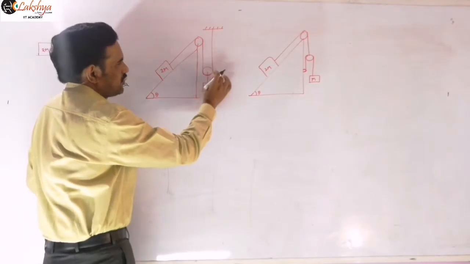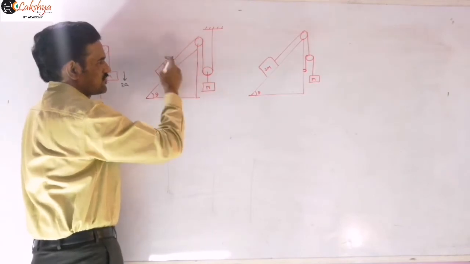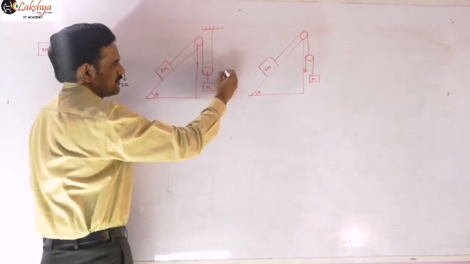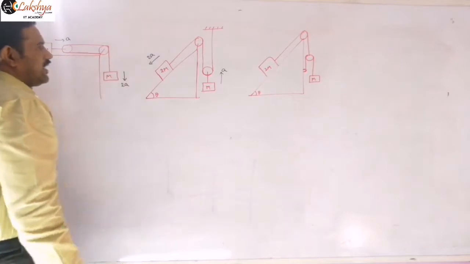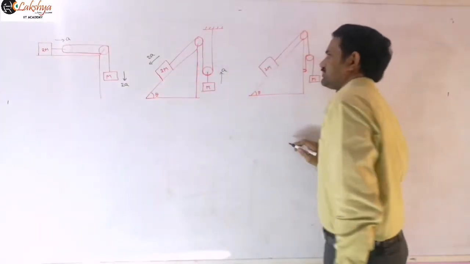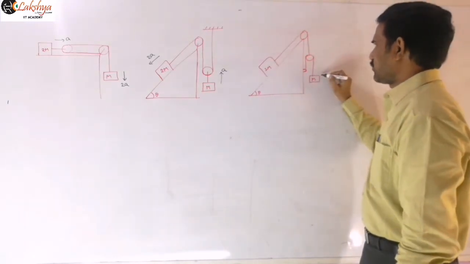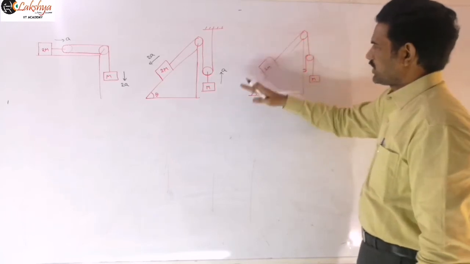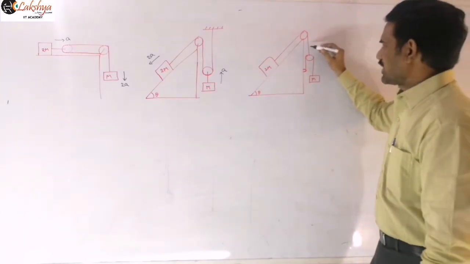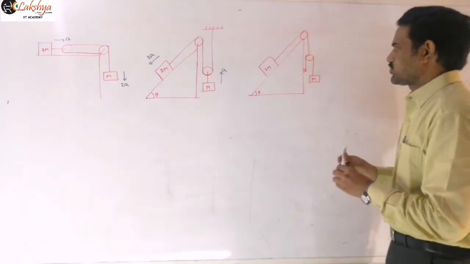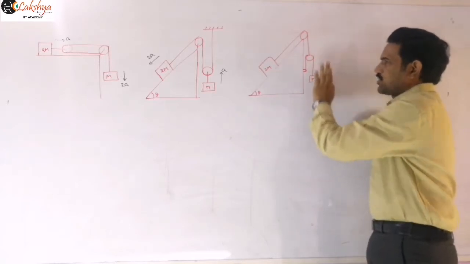And now here again, if this block is moving up by a distance x, then this side x and this side x will decrease, and so it will come down by 2x. So I am assuming it is moving up by a distance x with acceleration a, then its acceleration will be 2a. And next, similarly, if you observe this case, suppose this block is moving down by a distance x, then this pulley will rise by x. This pulley rises by x means this side length x should increase and this side length x should increase here. So the total 2x, this block only will rise here.